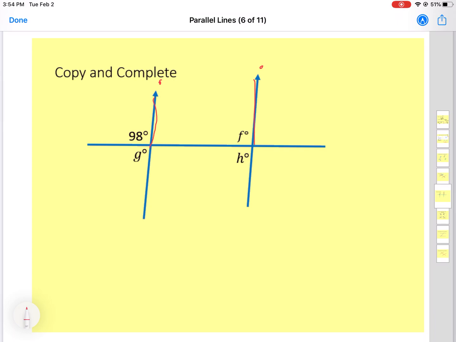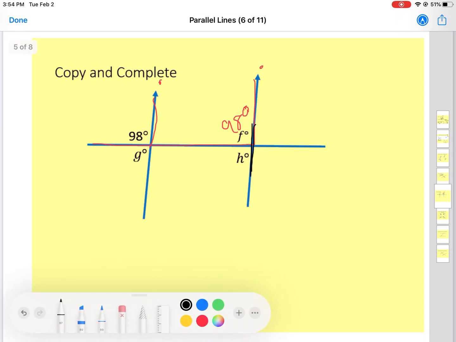I am looking for a given angle so that I can use that to find out the rest of them. So my F shape is going to be lying on its back. The 98 and the F are contained within the F shape, so that is 98 degrees and the F angle. Now the two angles that are beside one another here, they form a straight line. So 180 take away the 98 will give us 82